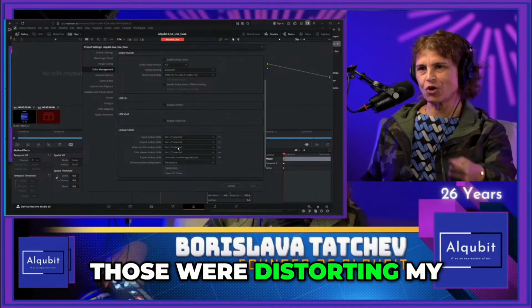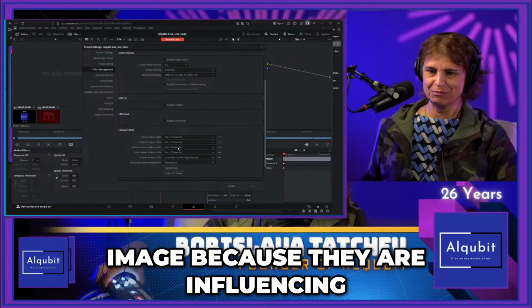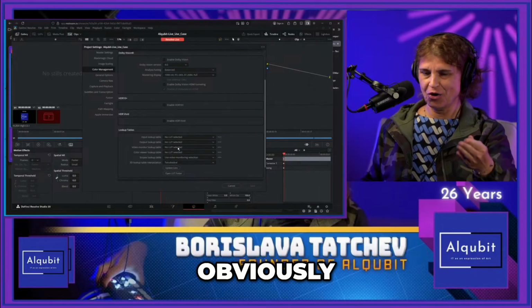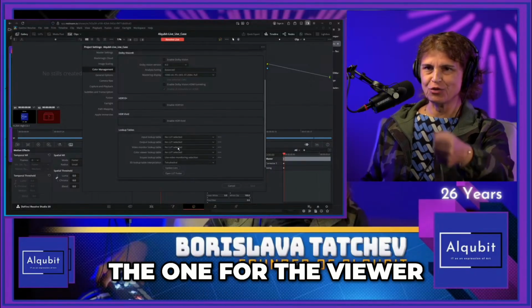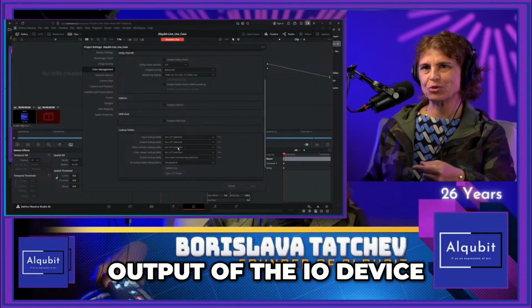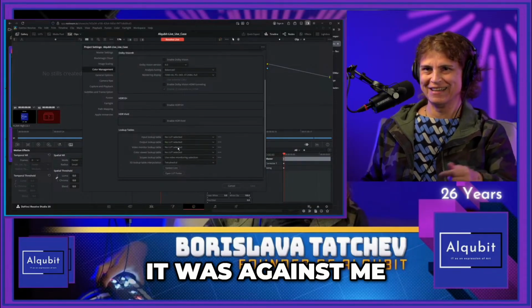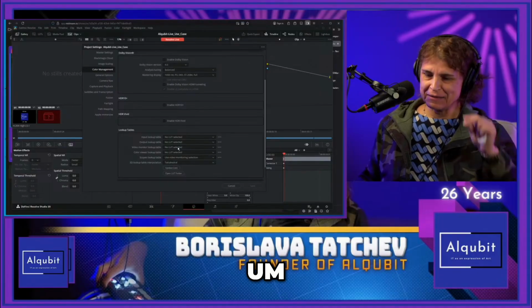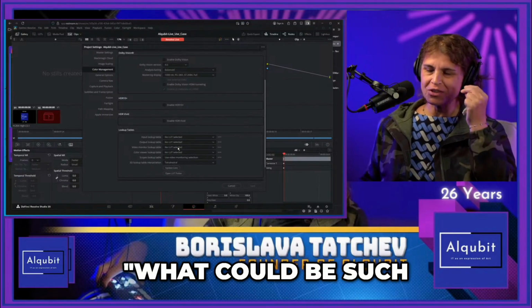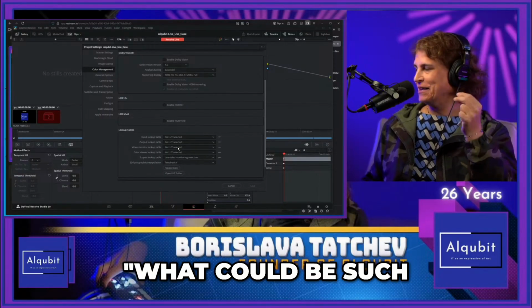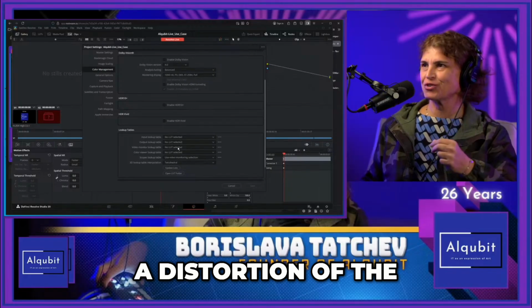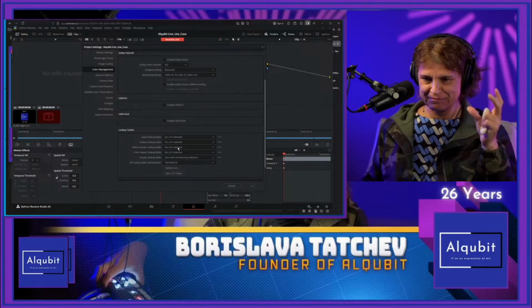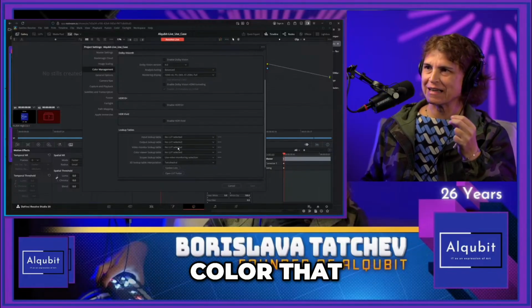Those were distorting my image because they are influencing, obviously, the one for the viewer, the other for the output of the I/O device. It was against me, but I was just thinking, what could be such a distortion of the color that it's